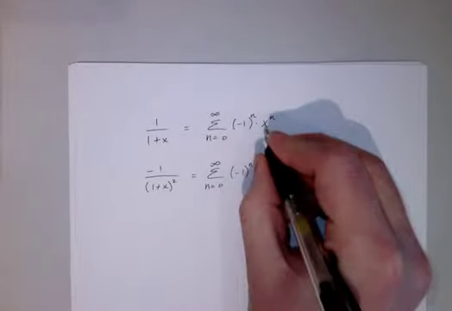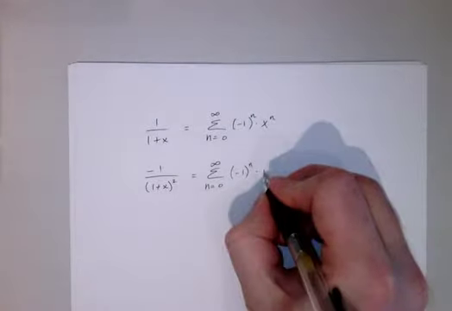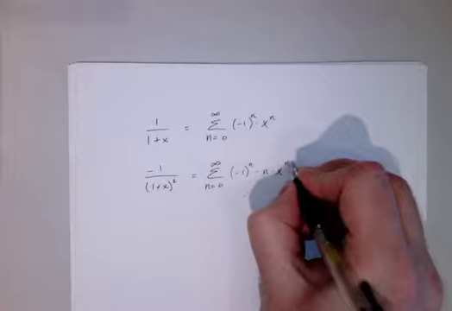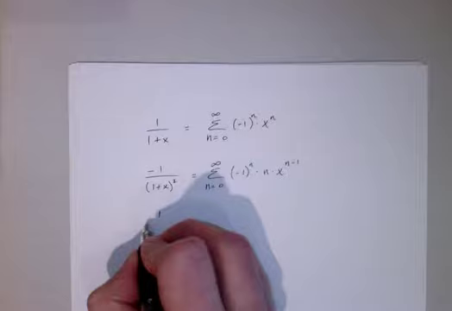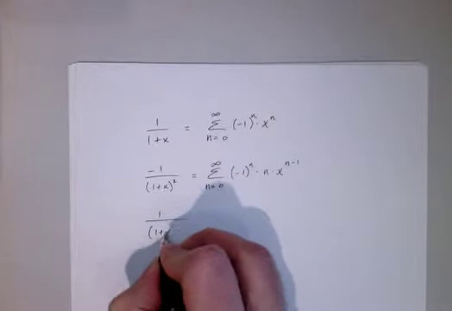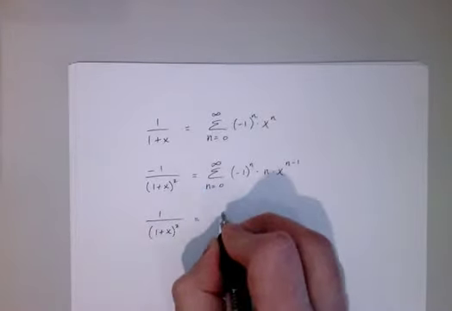But you just basically do the power rule of differentiation, and you wind up with that. Okay, well, what happens when I multiply through by a negative? You're not changing the alternating nature of the series. You're simply changing which term, right? So the only thing that multiplying both sides by a negative should do